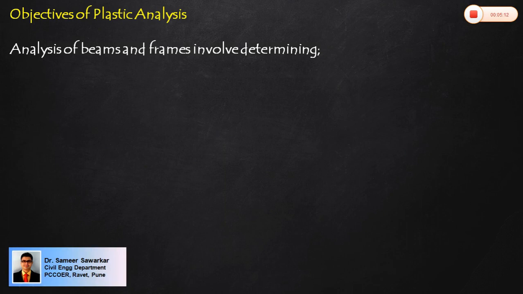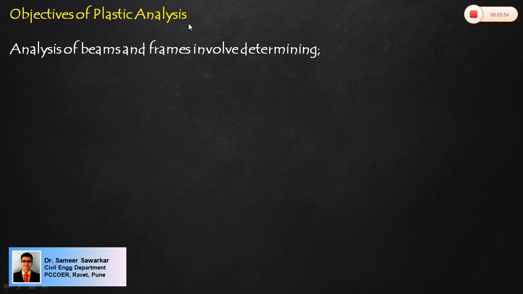After studying the different types of mechanisms for collapse, whether partial or complete, we now come to the objectives of plastic analysis. We saw what a shape factor is and what a plastic hinge is. We have seen what elastic behavior is and what elastoplastic behavior is. We have seen the different mechanisms of partial collapse or complete collapse. We have also established that for complete collapse, the number of plastic hinges required is the degree of static indeterminacy plus 1. And now finally we are arriving at the objectives of plastic analysis.